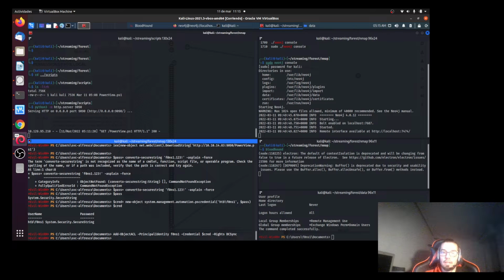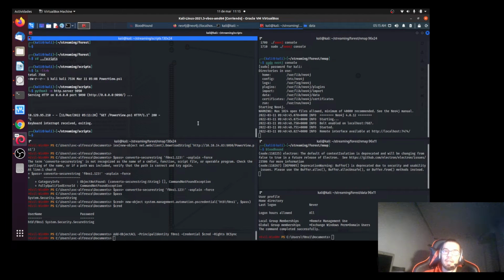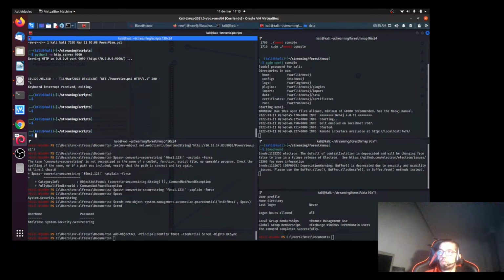So Fonzie at this moment can connect to the domain controller and synchronize the data. So the data that we want to synchronize is the process data of LSASS that contains the hashes and NTLMs of the users. So in order to perform this,